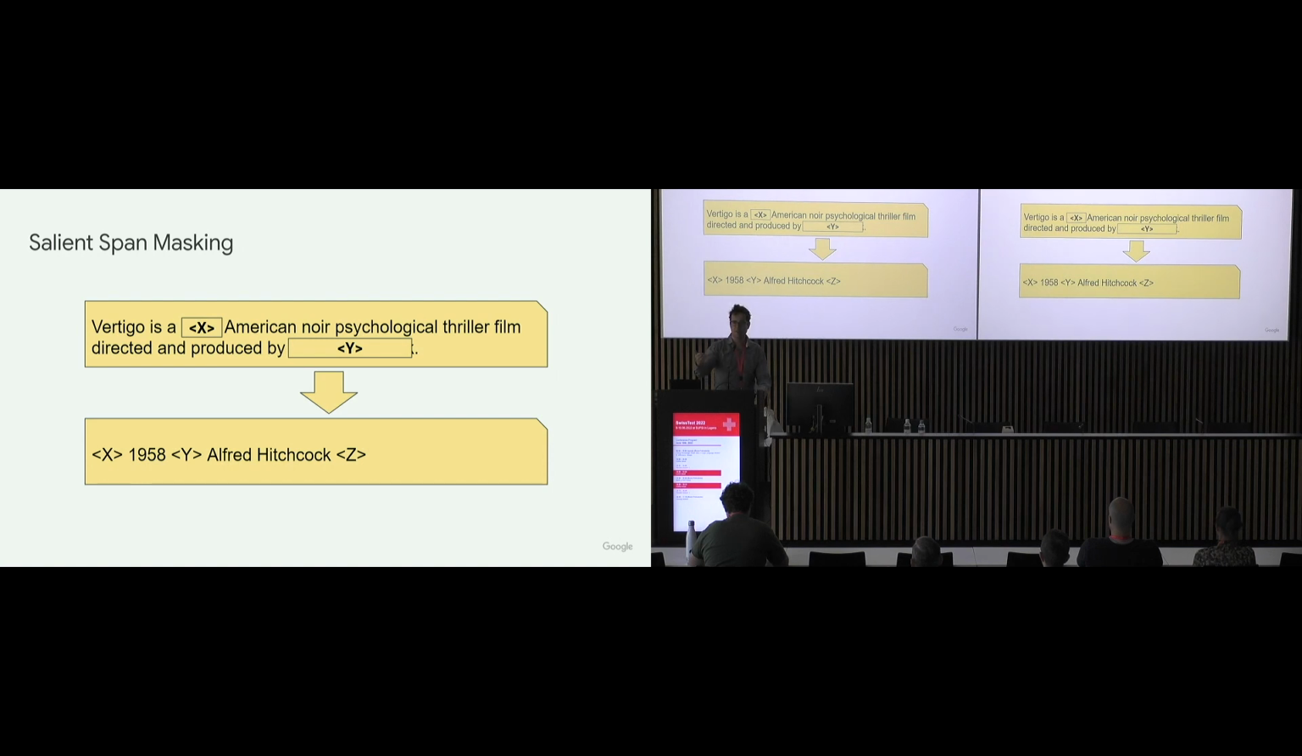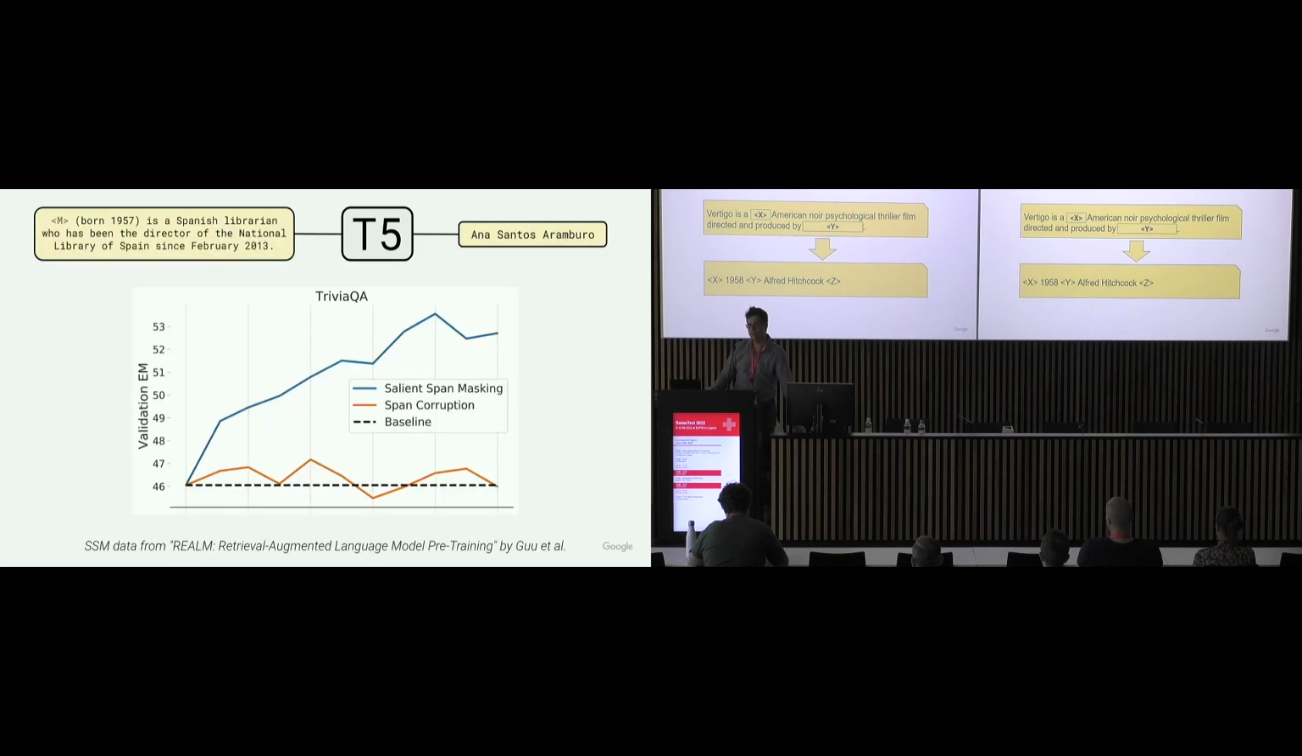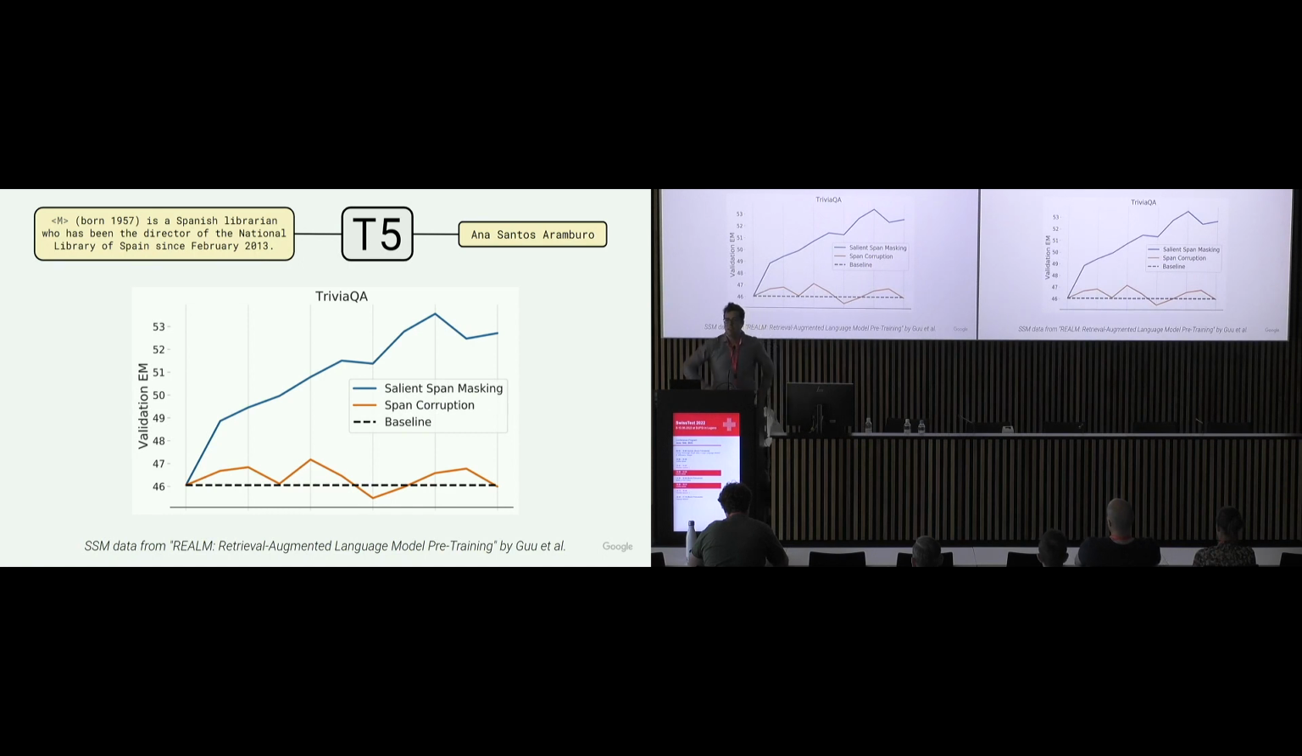In this example, this is the first sentence of the Wikipedia page about the movie Vertigo. If we want the model to memorize the release year and the director, we can go straight and mask specifically those two spans and ask the model to produce them during pre-training. And this can be done on a large corpus, same as before. And if you compare